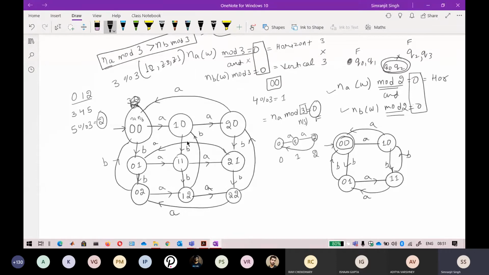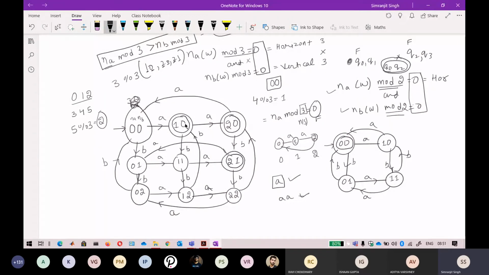Okay, so now if you see, I make this 1 0 a final state. In the same way, 2 0 as a final state. In the same way, 2 1 as a final state. If you are completely seeing what is happening here, if you accept 1A, 1A can be accepted. So in this one, number of A's are greater than number of B's, that is correct. Another thing that can be accepted, A can also be accepted. In this also, number of A's are greater than number of B's.